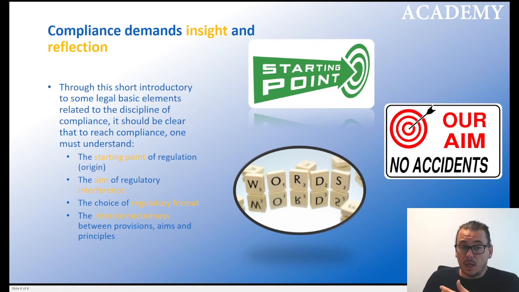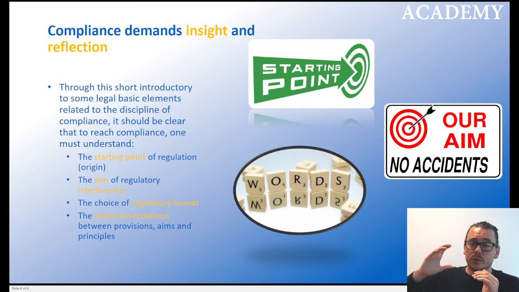So when you look at the aim and why the interference comes, which will also typically be written in the preamble, you need to look at the choice of the regulatory format, also at the EU level. Is this a minimum directive? What does this tell you? Well, typically, a minimum directive tells you two things. They're setting the lowest standard, but sometimes it's also the easiest way to get something done. As we've seen from different areas within EU law, you start with the lowest denominator, and then you build up. At some point, it becomes a regulation, but it has a build-up process, which is also based on politics.